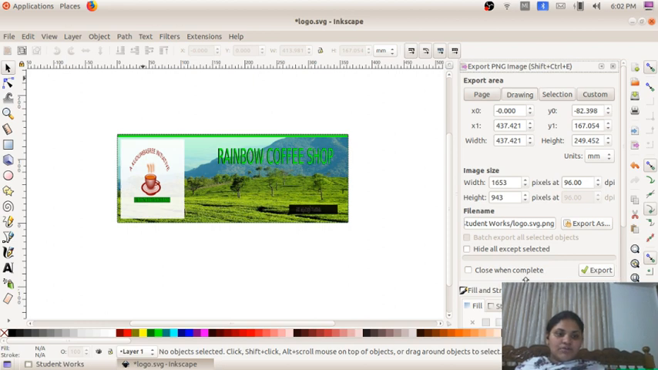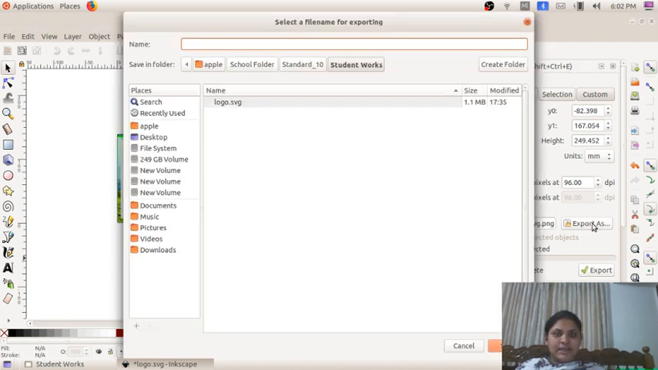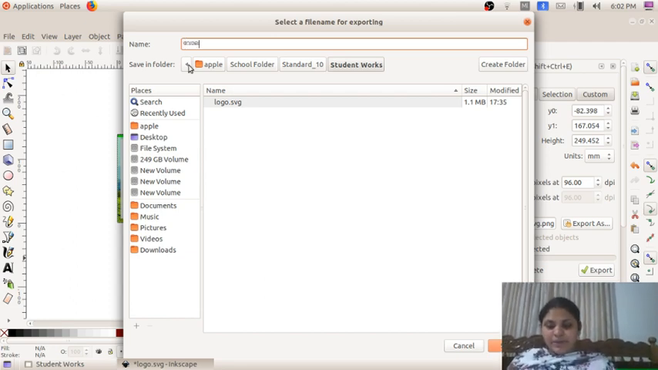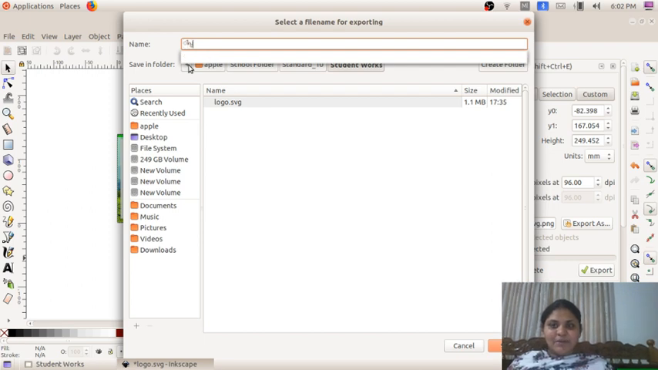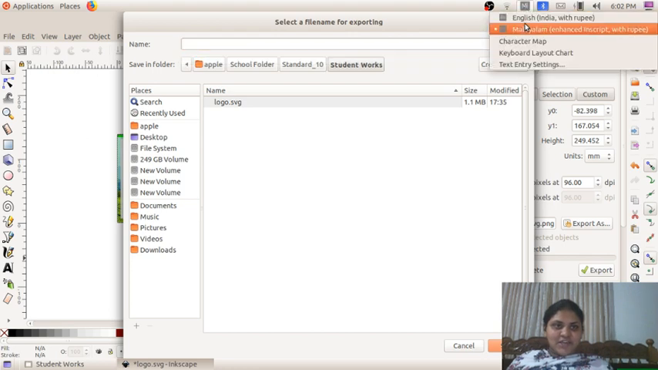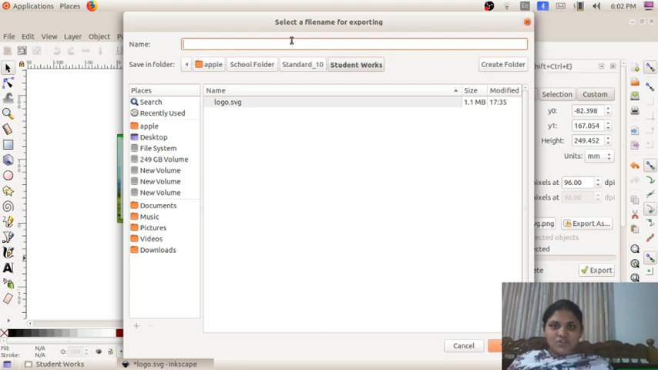So what you have to do: first you have to select Export As. We can type banner. Now Malayalam is coming, so we have to change it in the settings. I will change to English. Okay, so banner